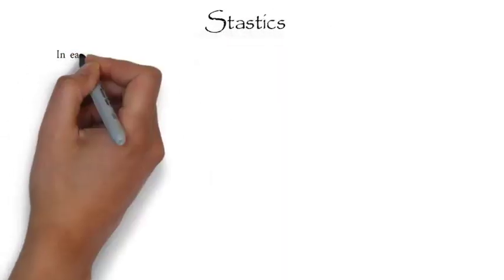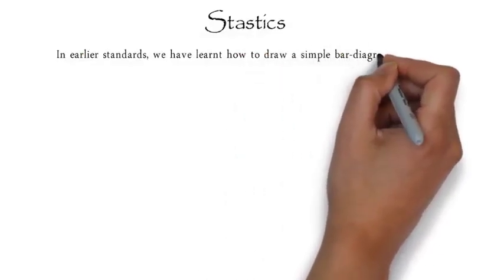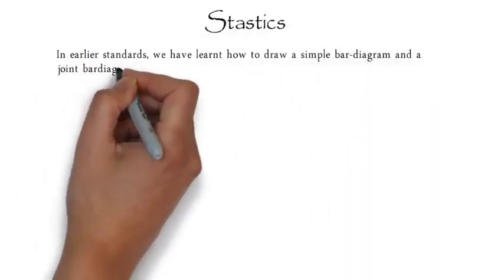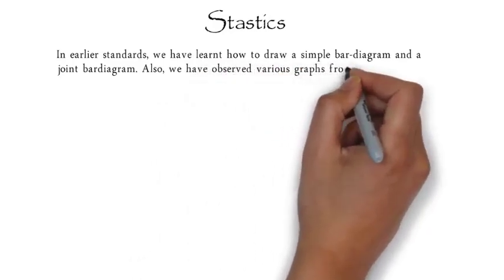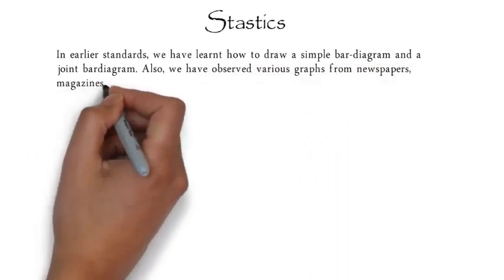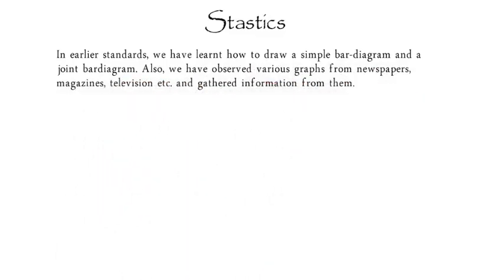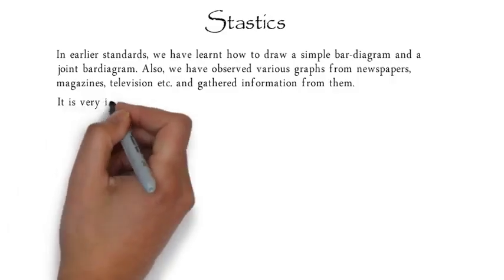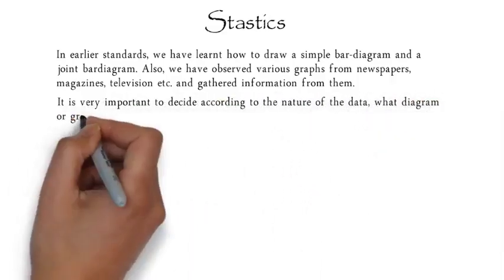Statistics. In earlier standards, we have learnt how to draw a simple bar diagram and a joint bar diagram. Also, we have observed various graphs from newspapers, magazines, television, etc. and gathered information from them. It is very important to decide according to the nature of the data what diagram or graph would be suitable